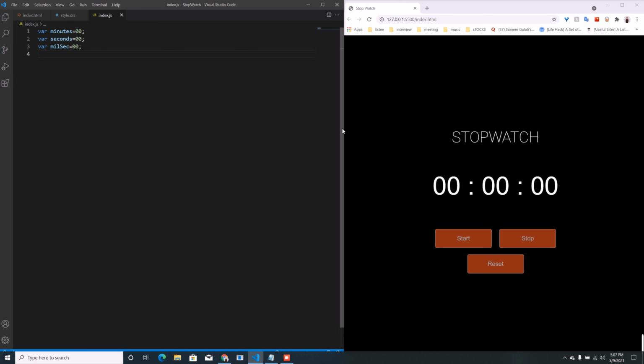And now the buttons: button start, document dot getElementById, the id is start itself, inside the quotes. Then stop, and then reset: button stop, and the third one is button reset.